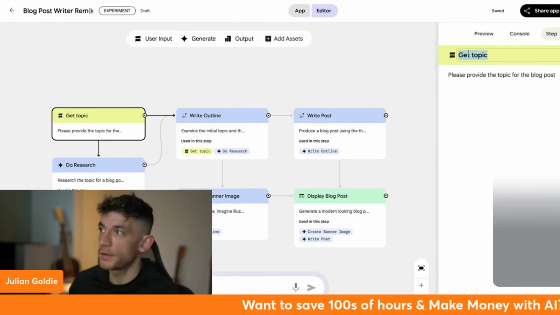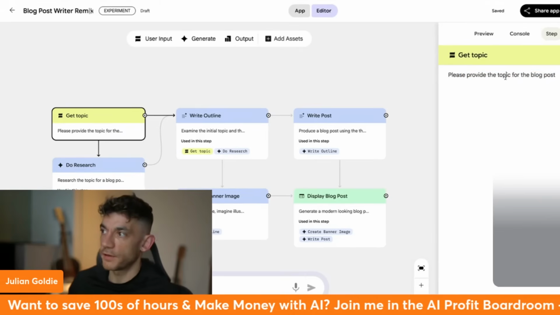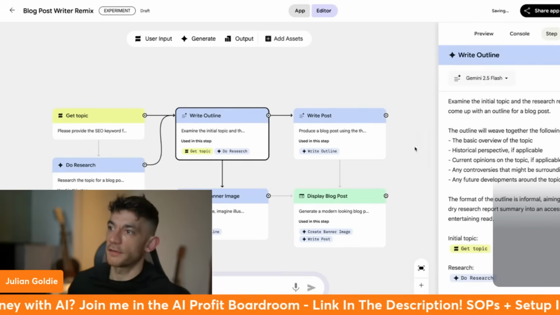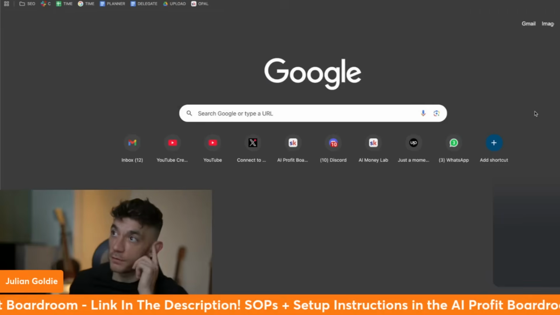So for example, get topic, you can change the name over here and you can say, please provide the topic, or you could say, please provide the SEO keyword for the blog post. And then it will move on to the next step, right? So for example, for writing the blog post, what you could actually do, this is a quote from the AI